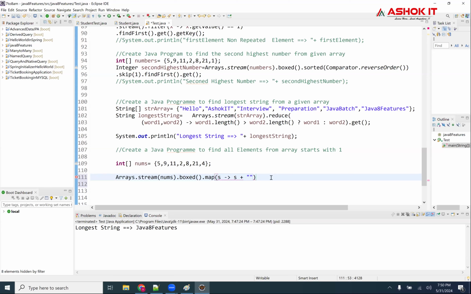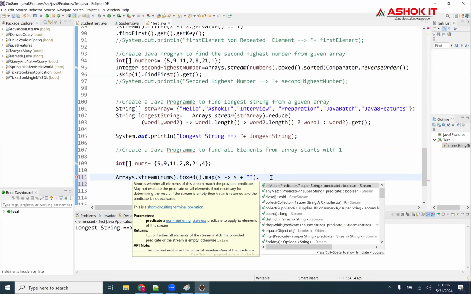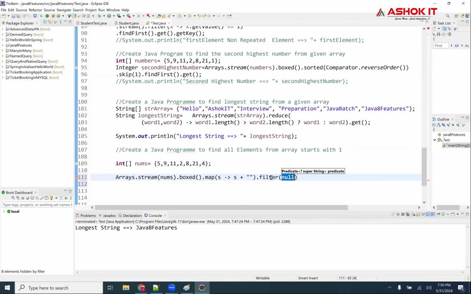If I don't convert into a string, I cannot compare, right? That's why I need to convert into a string, then I can apply the filter. So string 5, string 9, string 11, string 2, string 8, string 21, string 4.